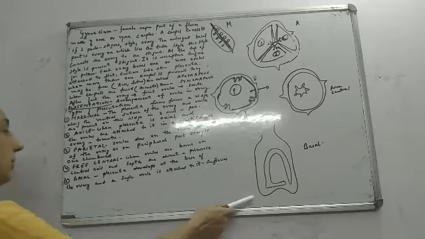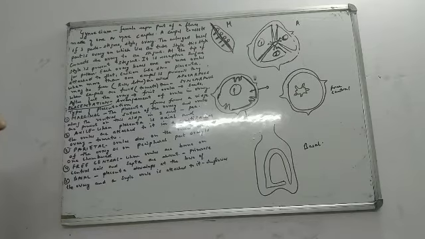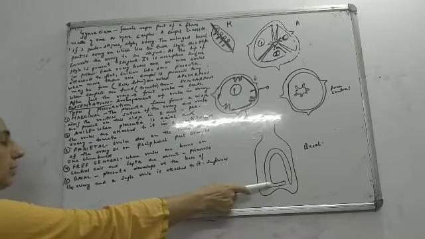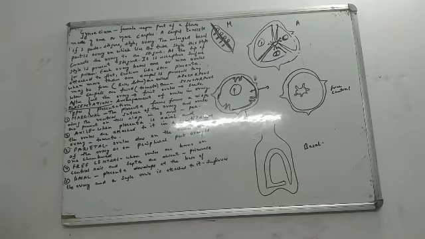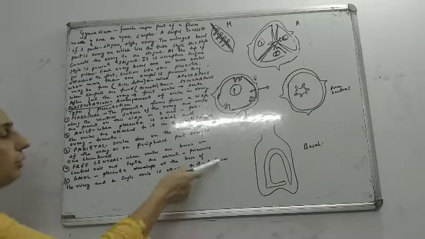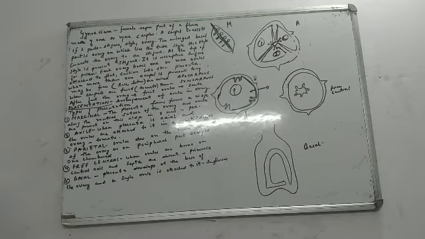The last one is the basal placentation. This is very easy. Placenta develops at the base of the ovary. At the base of the ovary, what develops is the placenta, and only a single ovule is attached to it. You will find it in sunflower. So what are the main features?